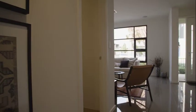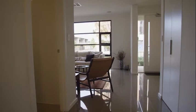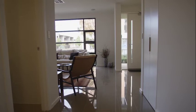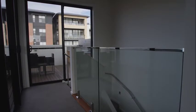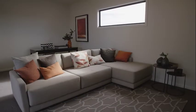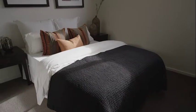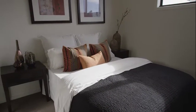There's no doubt open plan living creates a sense of flow and connectivity, but it also means that it can be very difficult to zone your home. By that, I mean you can't really shut off parts of your house you're not using, which means you have to heat or cool all the areas regardless if you're in them or not. Naturally, this can get pretty expensive, which is why it's so important to make the right choices when it comes